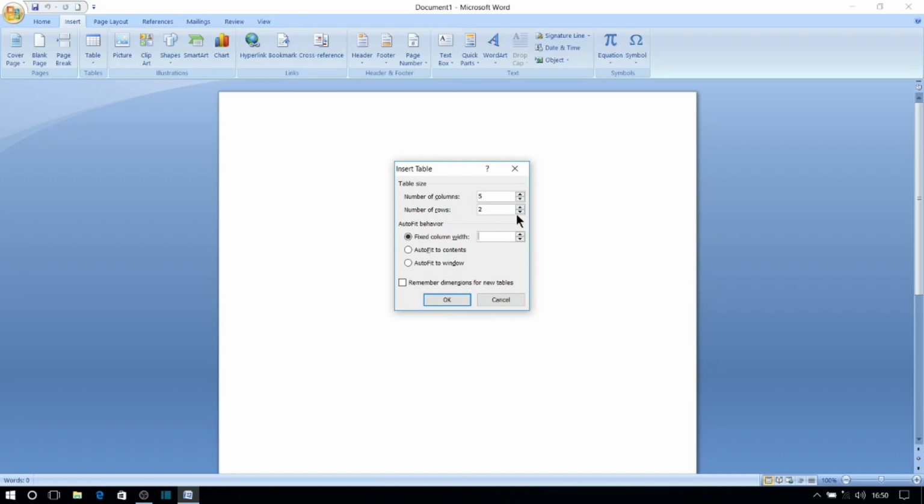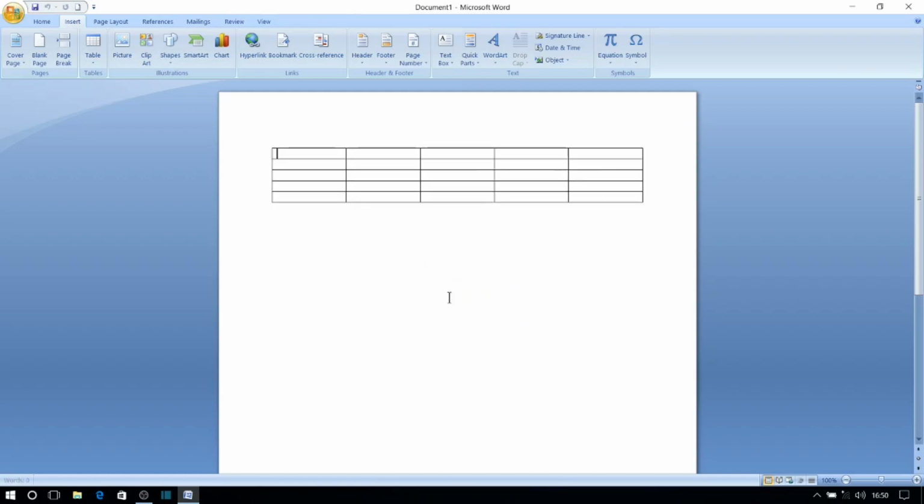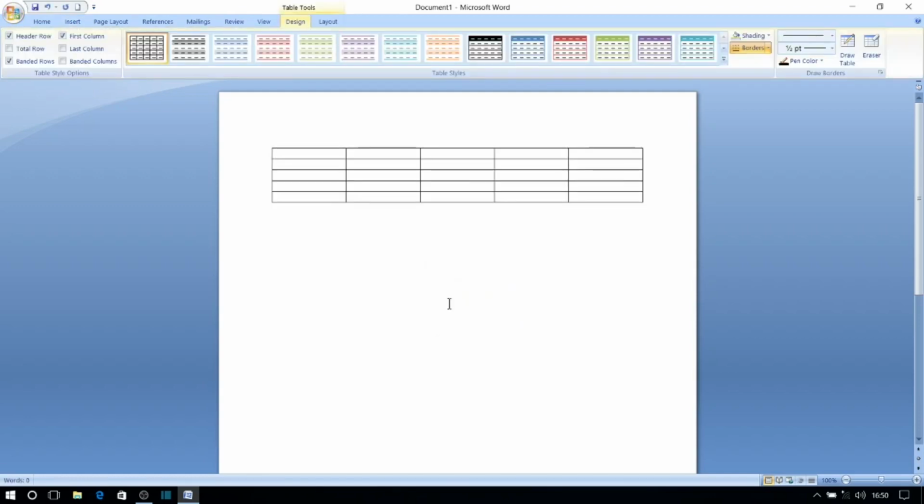Let this be 5 in case of columns and 5 in case of rows also. Just make it 5 for example and click on OK. Now you can see a table with 5 columns and 5 rows, and you can see the width of the column are same and height of the rows are also same.